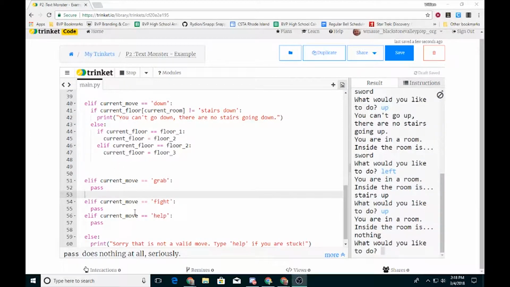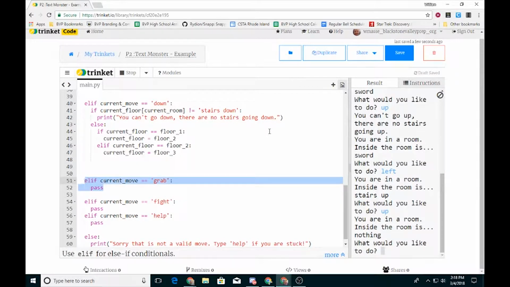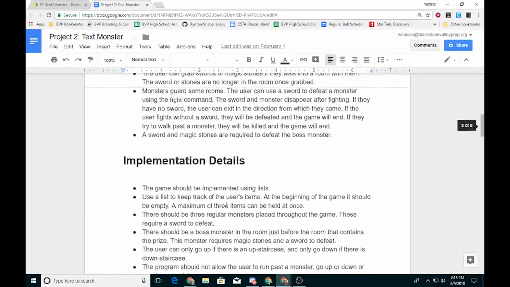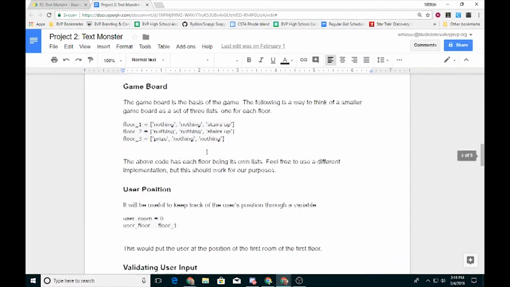All right, moving on to the grab command of our game. Our grab command has a lot of conditions that are associated with it. So we're going to have quite a few ways to validate if they can grab something. So if we check back in our project description, what we're going to notice is if we find the information about grabbing,